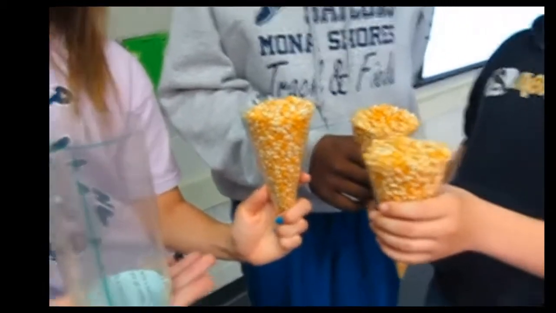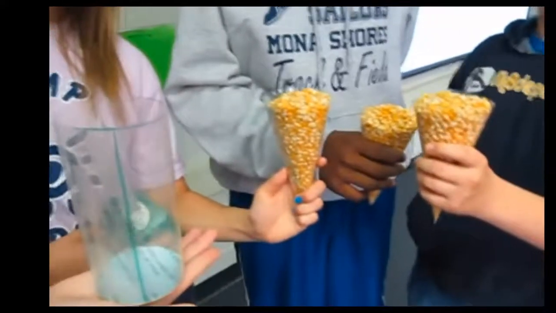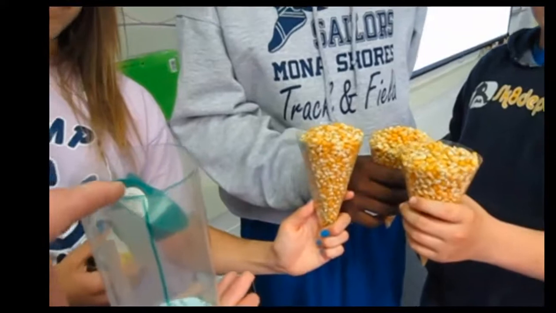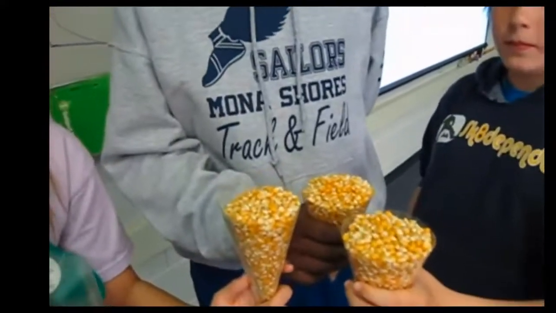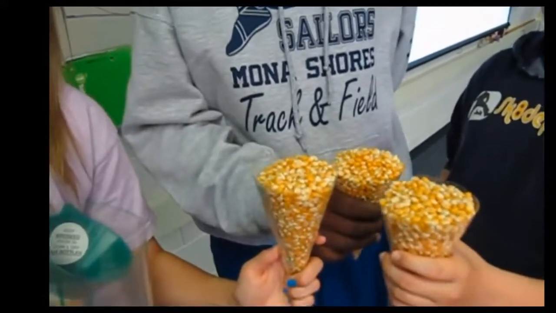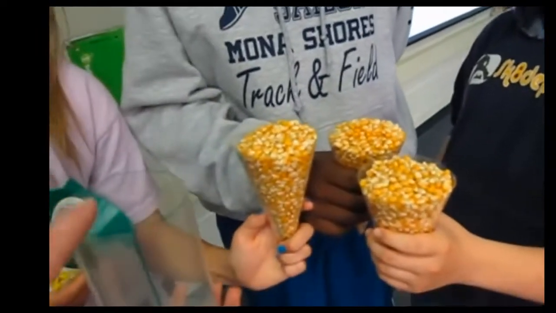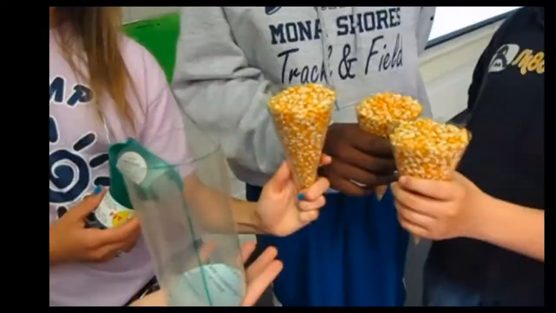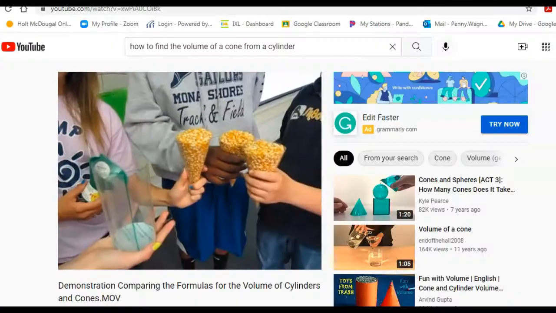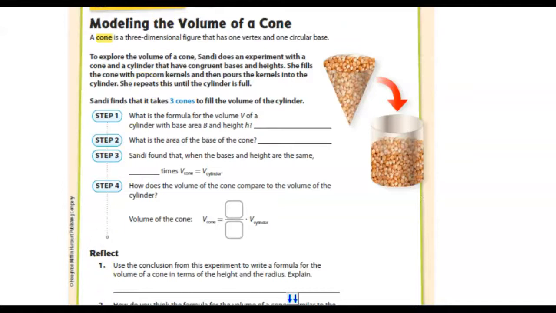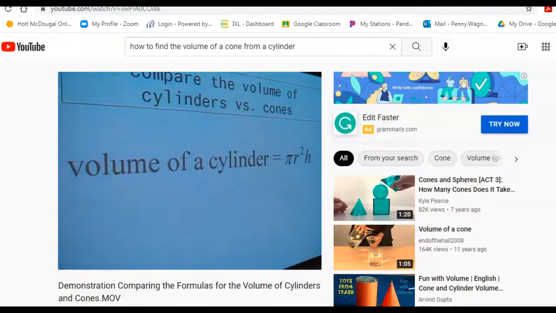So it's kind of interesting to me, kind of a coincidence, that the volume of this cylinder will fill exactly 3 cones, not 2.5, not 4.5, not 5.5. Exactly 3 cones can be filled from that one cylinder. So now the next question is, what are we going to do about our formula? So, if we are looking at our formula for the volume of a cylinder,